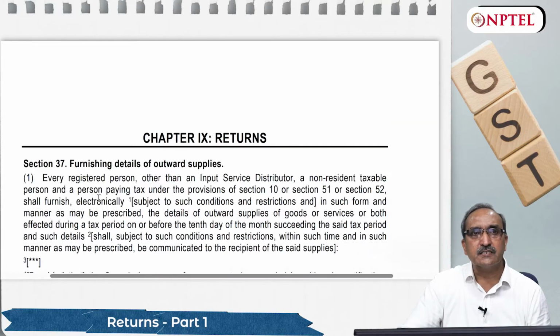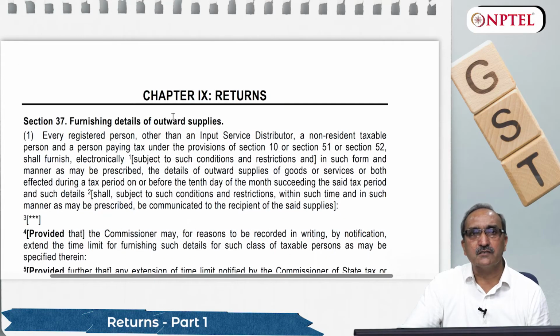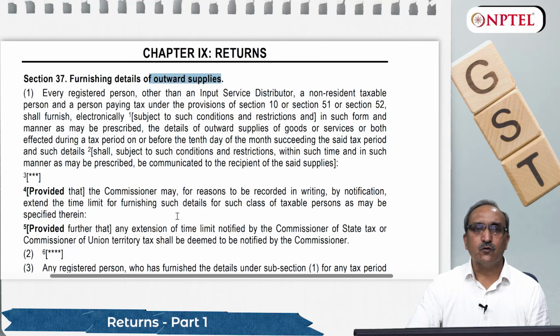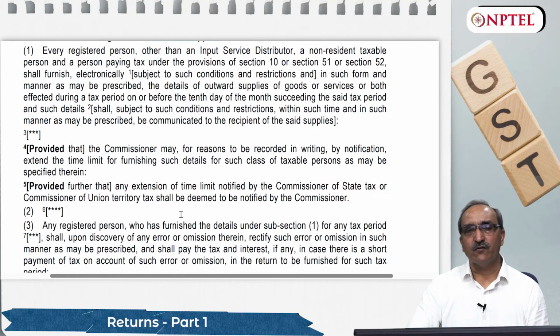Under section 37, furnishing of outward supplies. The law is drafted in very simple language, and you can go through the language and the conditions, and accordingly you can study the law very carefully and you will be able to understand the provisions. So to this condition that every registered person should file GSTR 1 every month,